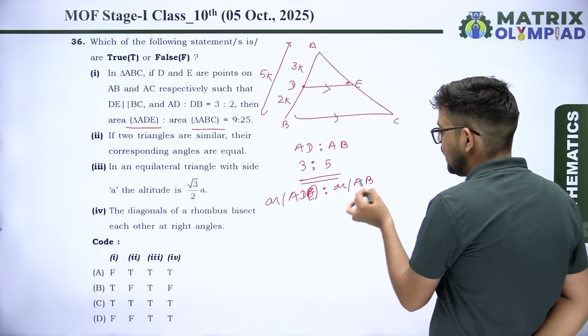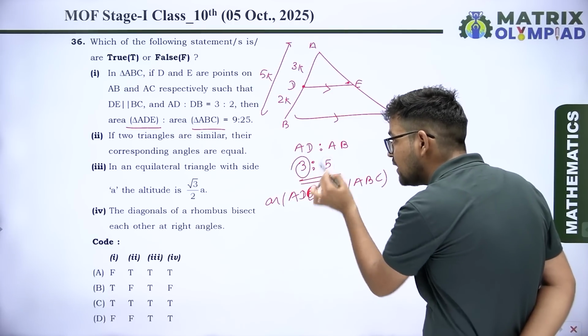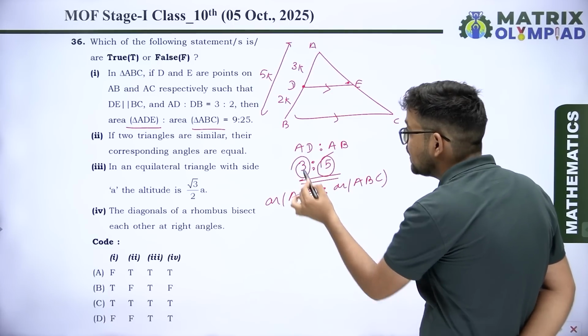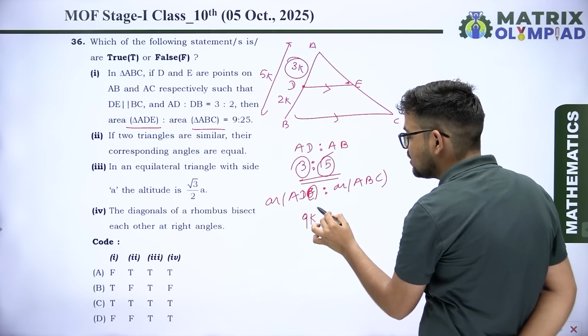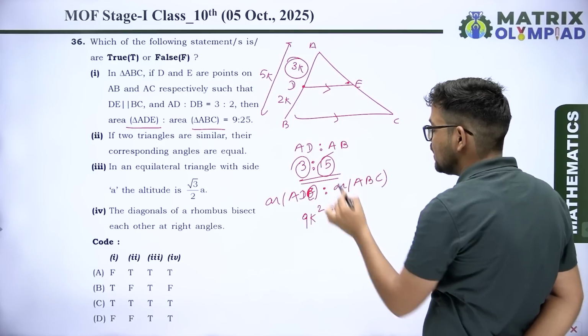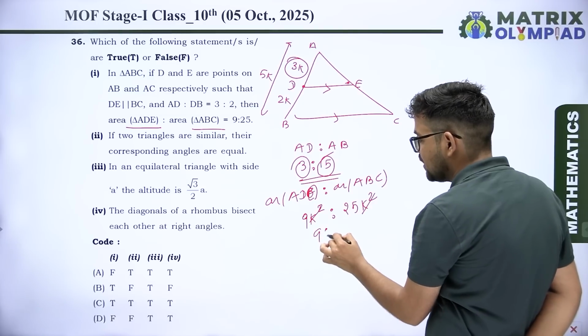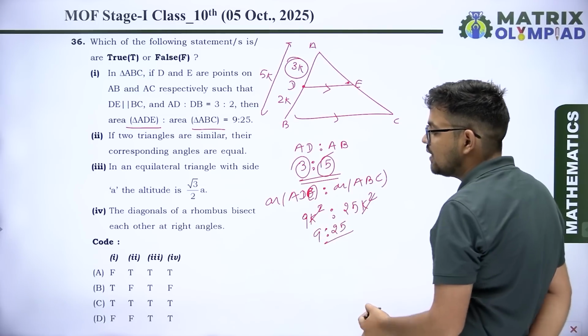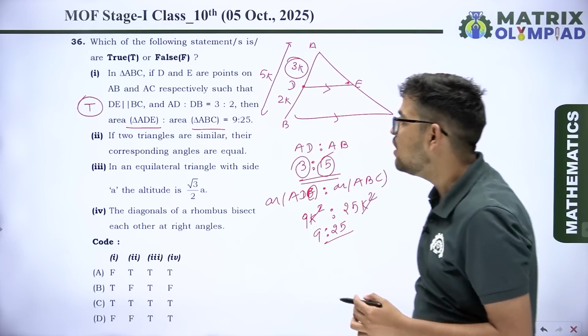ADE, sorry, area of triangle ABC का जो ratio होगा वो इनके साइड के square के ratio के बराबर होगा। तो यहां से हो जाएगा। आपके पास में साइड कितनी है, 3K। तो 3K का square कितना होता है, 9K square। Ratio 5K का square 25K square। K square से K square कट जाएगा, तो आपके पास में ratio 9 ratio 25 आएगा। तो पहला वाला जो statement है, ये true है।